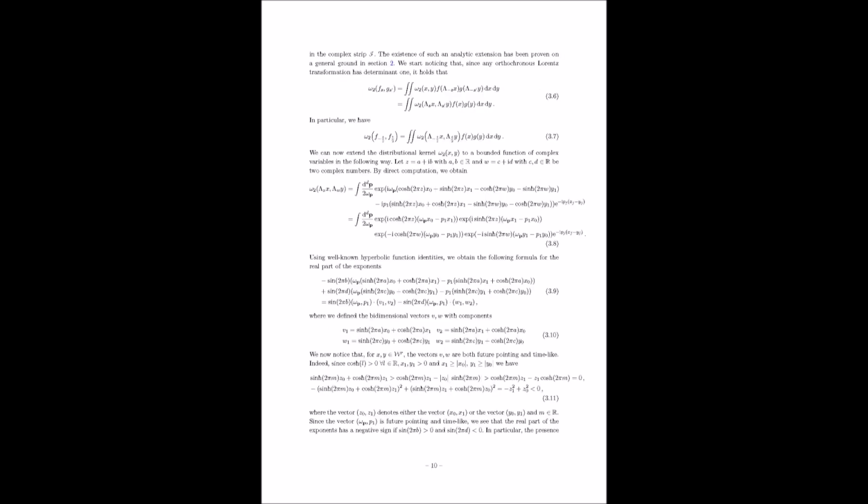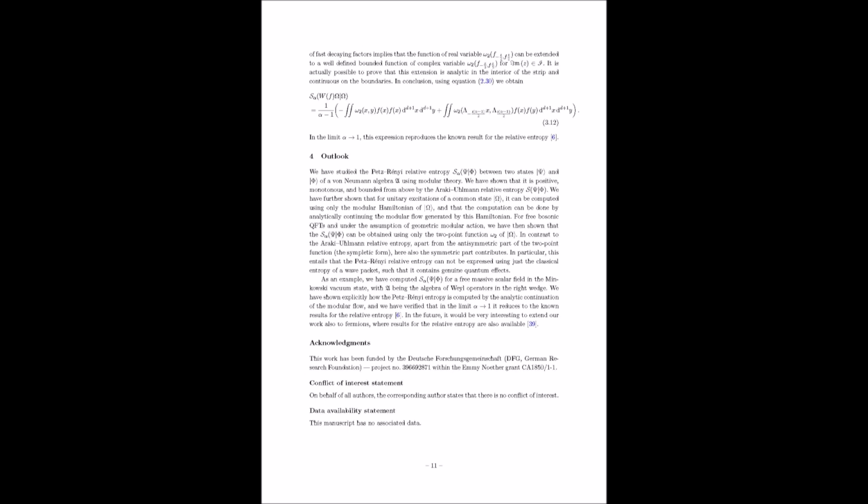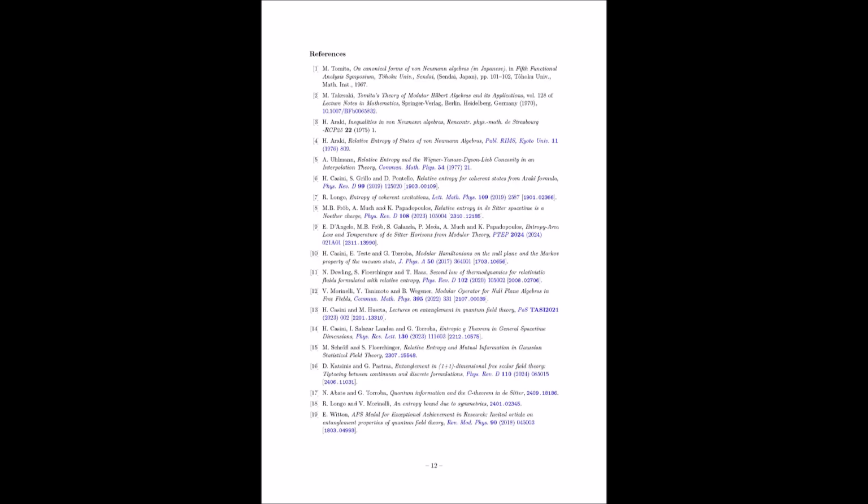Exactly. Where we can access information about the entropy. That's a great way to put it. The paper meticulously outlines the steps involved in this analytic continuation. It starts by expressing the two-point function in terms of a contour integral in the complex plane. A contour integral involves integrating a function along a specific path in the complex plane. That's right. Why is that necessary here?